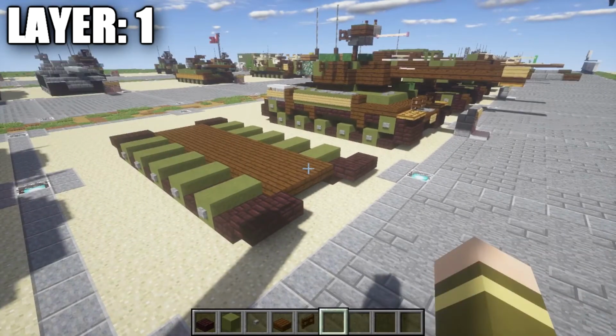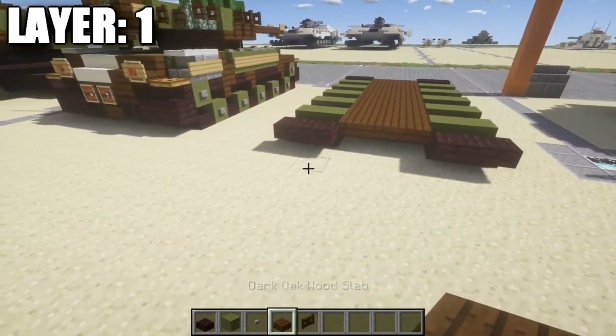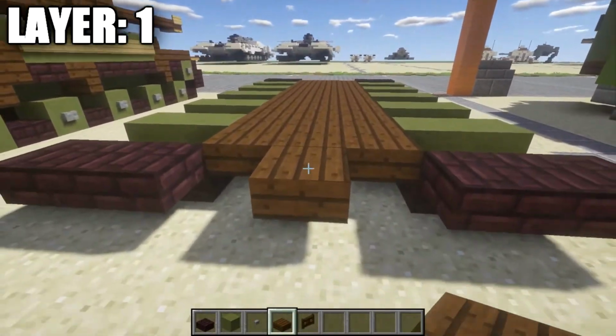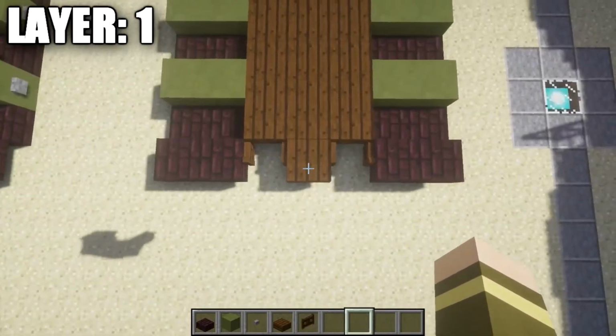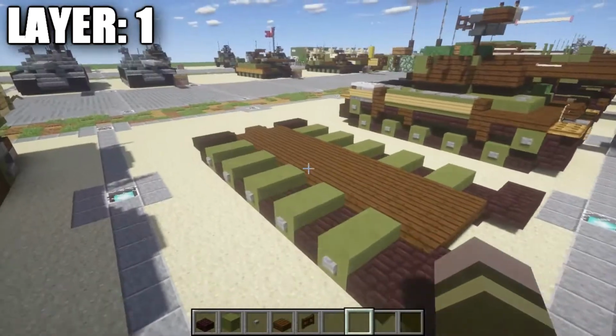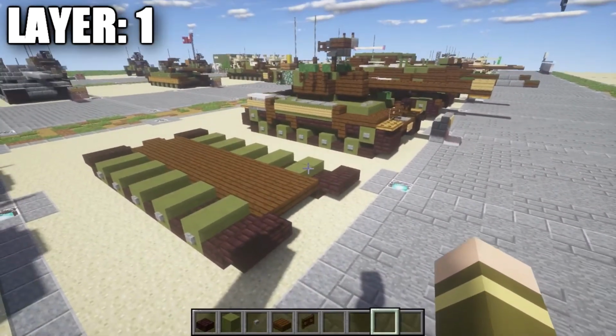Real quickly before we go ahead and move on to Layer 2, I just want to throw one thing on I forgot to add on. So on the back here, we're going to place down a dark oak wood top slab, come off the center, followed by a dark oak wood fence gate opened up like that on each side, just so that we have the little detail there on the back. I do apologize for missing that, but anyways, now we can go ahead and move on to our next layer,